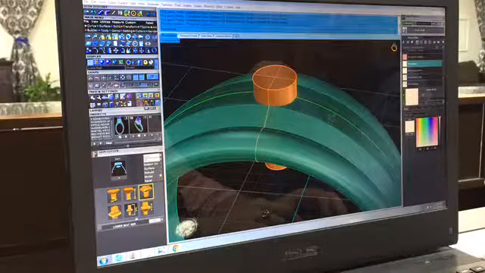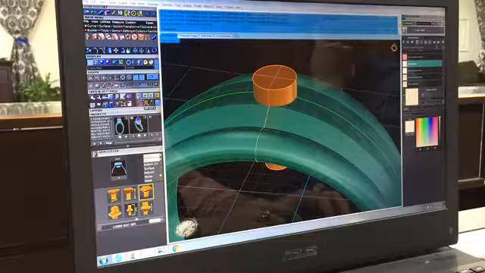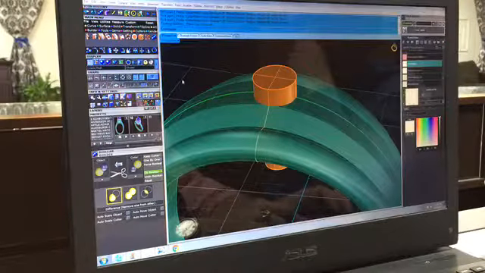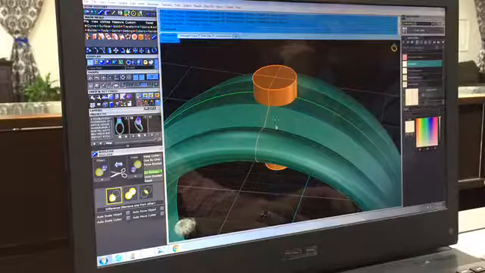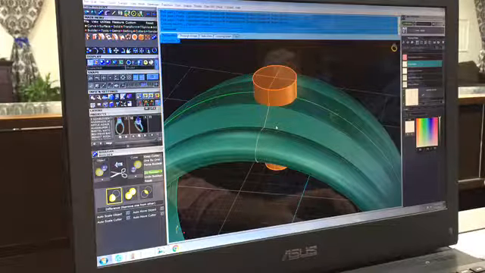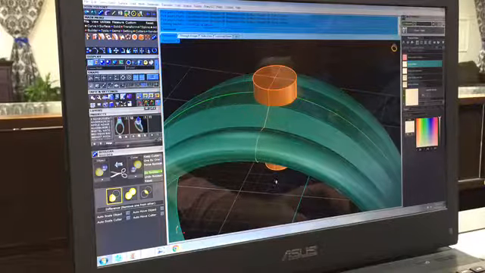And then we're going to do one of the things that my dad loves, which is Boolean. Boolean is basically just how two three-dimensional objects are interacting with each other. Either